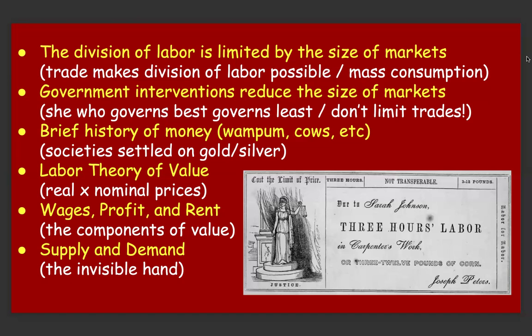All right, and finally getting to the labor theory of value, which we've talked about, and you still see the check here on the corner that we just discussed. And the difference between real and nominal prices, which will be the last slide, we'll get there. Then he talks about wages, profit, and rent, which corresponds to the three classes of society. When we talk about classes, you think about Karl Marx, right? The class conflict, and there's the bourgeois and the worker, the boss versus the laborer, isn't it? Employer versus employee, different classes.